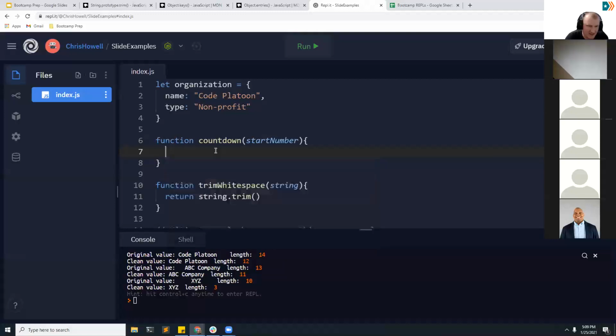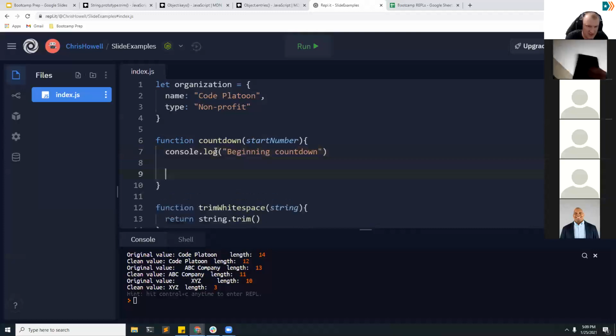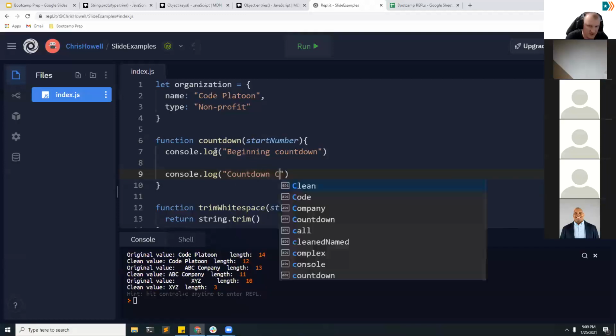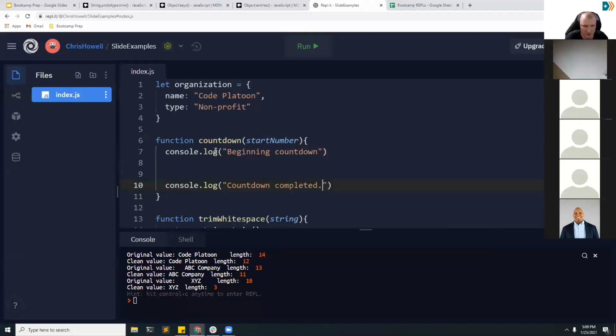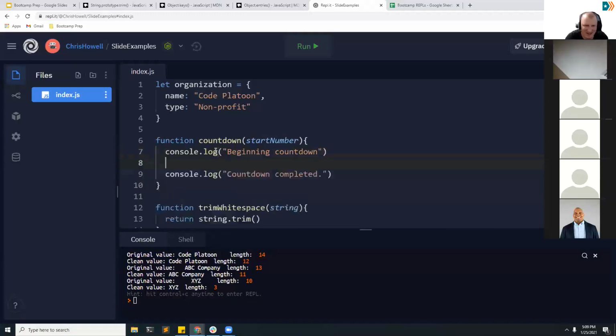And so the body of our function will end up looking like beginning count. If I want to see output in my console, I'm going to put console.logs in here, and then let's say that's the start of what's going to happen, and then this is the end, and I'm going to put everything in between it. So countdown completed, or we could put blast off or something, I don't know. But in between here,